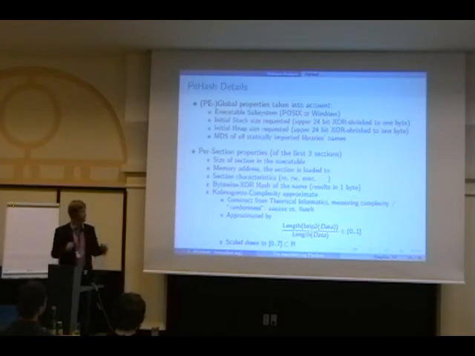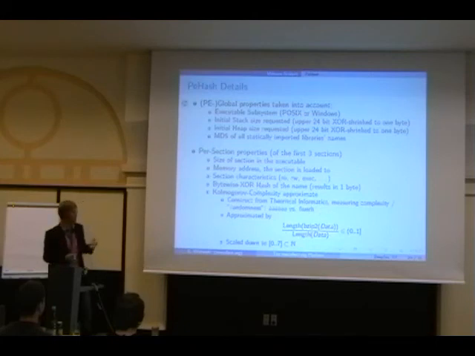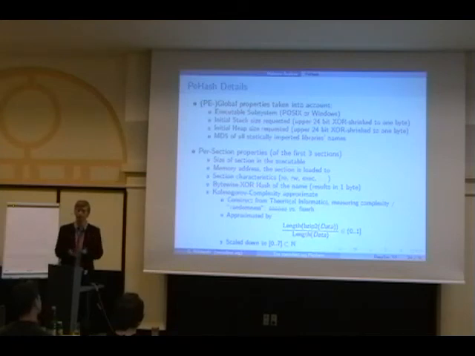And what is very important, because we still had some collisions for different specimens, is that we approximate the Kolmogorov complexity, which is a theoretical measurement in computer science for the richness of information. So if you want to say that 6 A's is way simpler in terms of richness of information than this random string, you do this by Kolmogorov complexity. And to approximate this, because by definition it cannot be generically computed, we compress the data and then look at the ratio of the compression, which is a good approximation of the richness of the